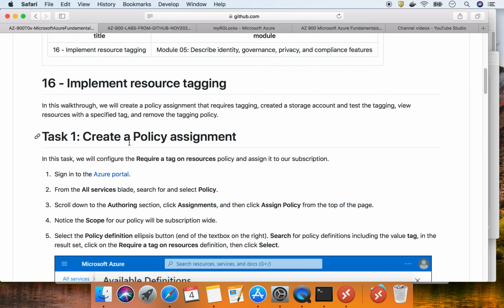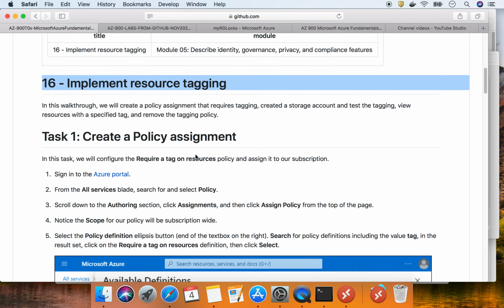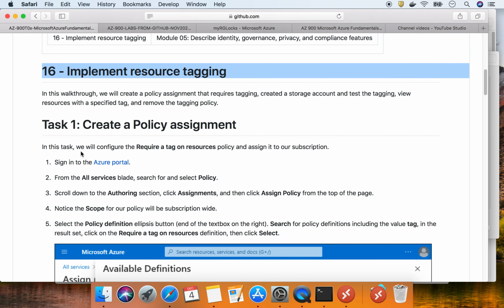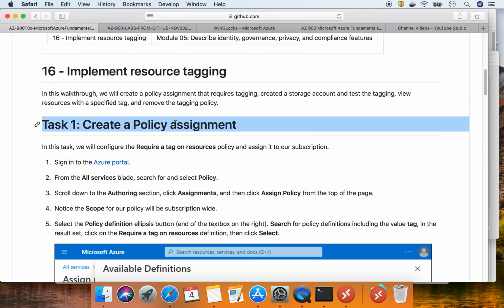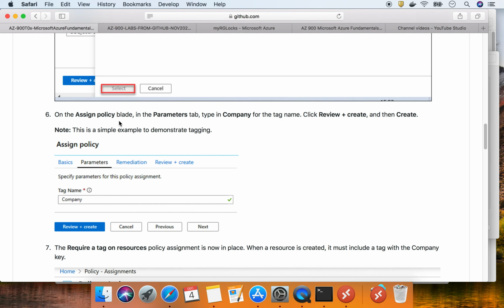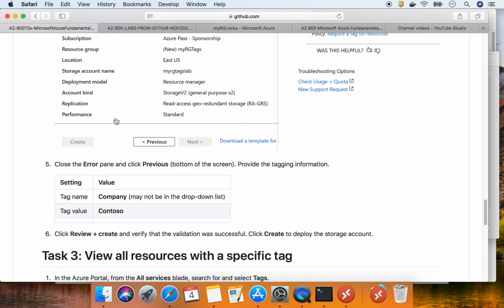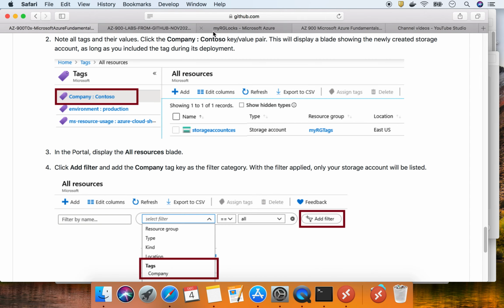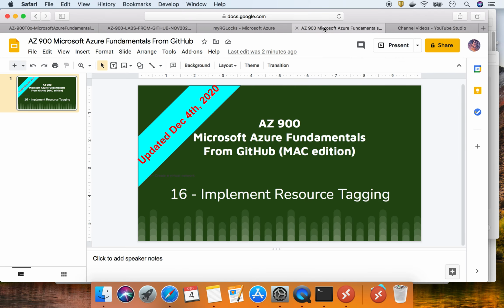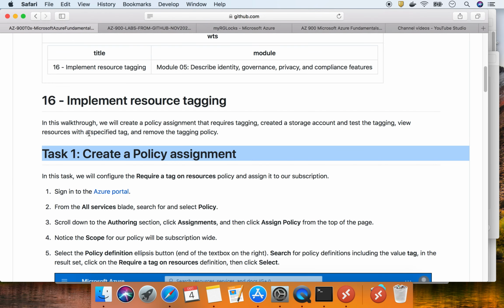If we say we are going to implement resource tagging, here it looks like they're saying that creating a policy assignment is the first thing before you do resource tagging, and then we will assign the policy, and from the policy assignments we will look at all the tags. Okay, let me make sure. Resource tagging seems more like it should be part of a policy and not just a simple tagging lab,